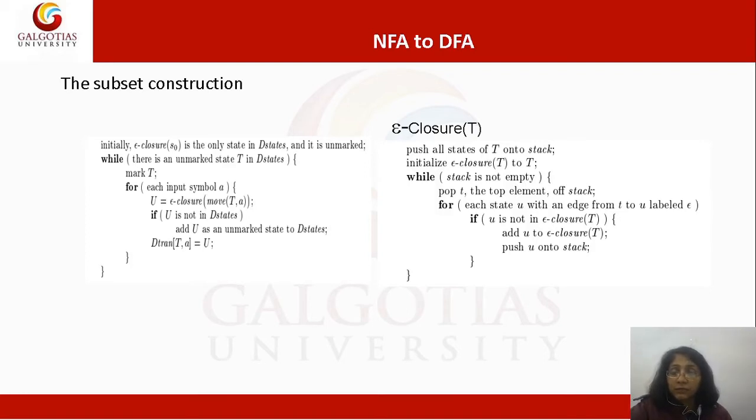For each input A, we are going to perform epsilon closure of move of T, A, and the output is a new state, which we call U. If that U is not present in D states, we are going to add that U as an unmarked state in D states. We're going to add the transition to the transition table as D tran T, A, because T was marked, and